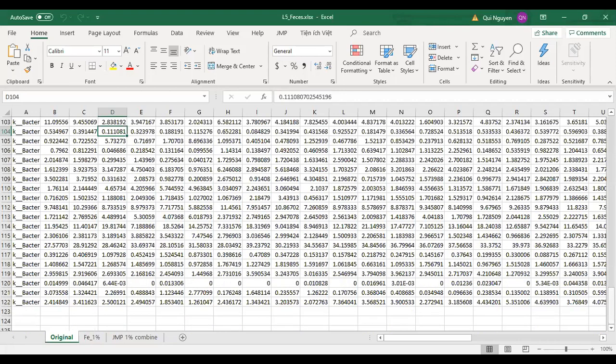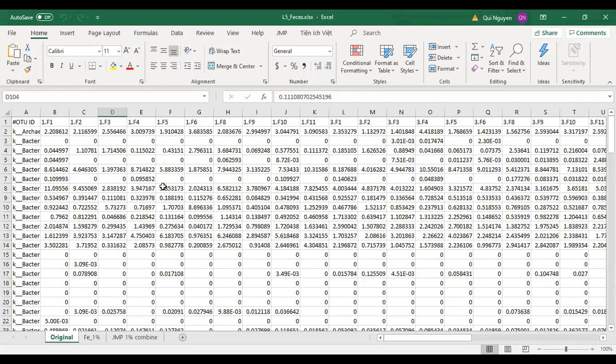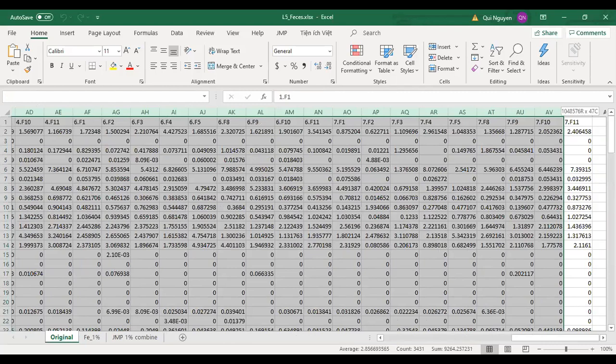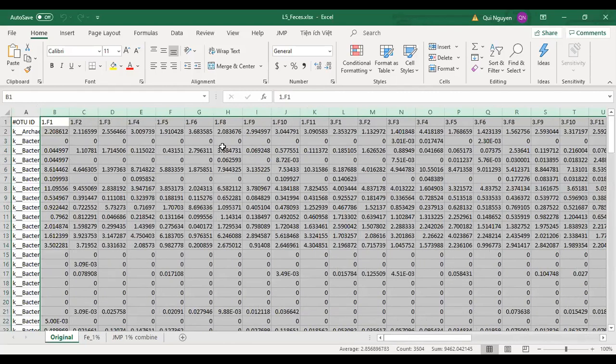Okay, this is the original data you receive when you finish analyzing using QIIME. You will have this, including the bacteria taxa from phylum to family level. This I chose at family level. You can analyze at genus level as well. And the remaining columns are samples. So in my case, here I have